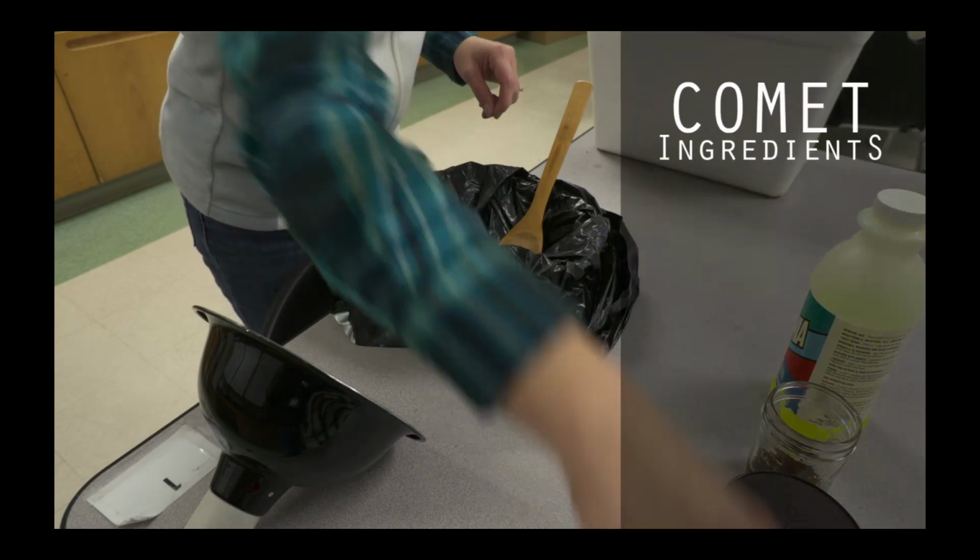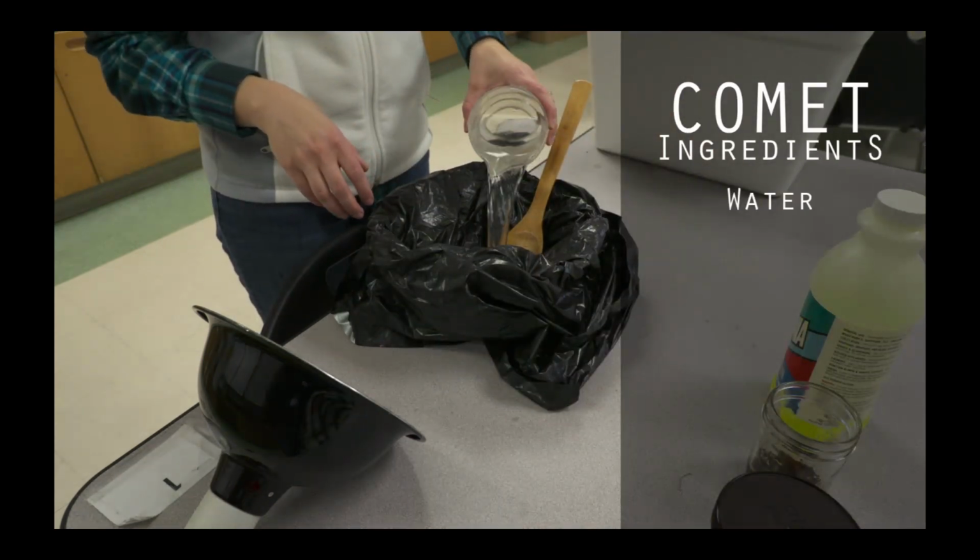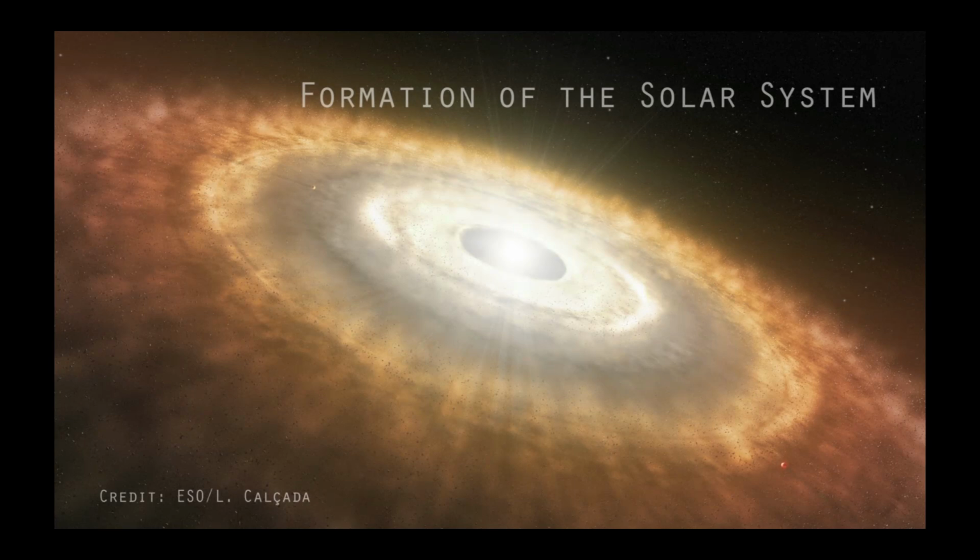So we're going to start out with just water, and water is made up of hydrogen and oxygen, the same elements that